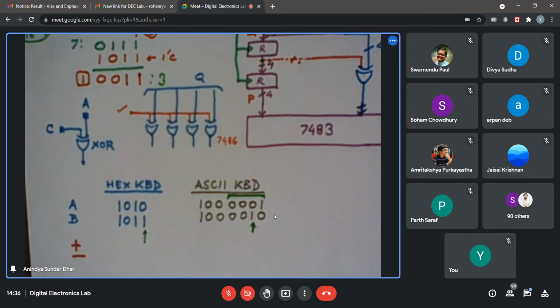I think there should not be any error if you take it from a standard website. So you can either use plus, minus or A, B, whatever, but because this ASCII keypad really has plus or minus, you can have that rather than A and B. So that is what is preferred.